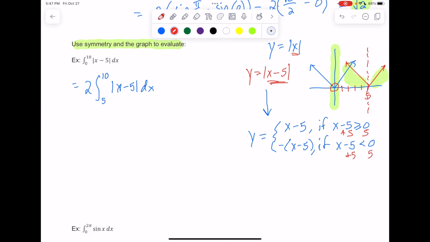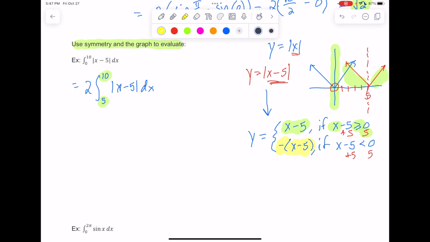And so since we're only looking at the integral from 5 to 10, all of that's going to fall into this case where x is greater than or equal to 5. So during that whole window, our function looks like x minus 5 without the absolute value. So by splitting it into two pieces, we're not dealing with the two branches of the function anymore, right? Because the function has these two different branches. We've got the x minus 5, but we also have the negative of x minus 5.